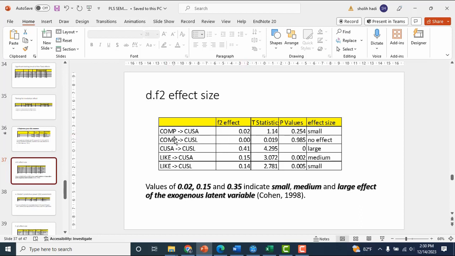For COM to JUSL is no effect because 0.00. For JUSA it is a large effect because 0.41, and for LIKE to JUSA is medium.